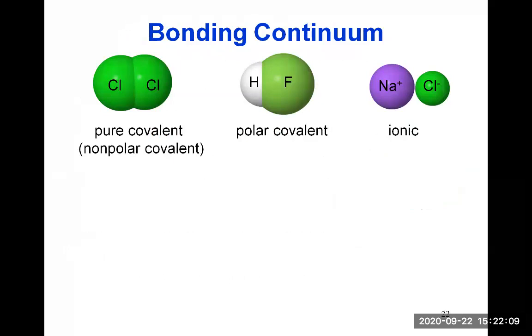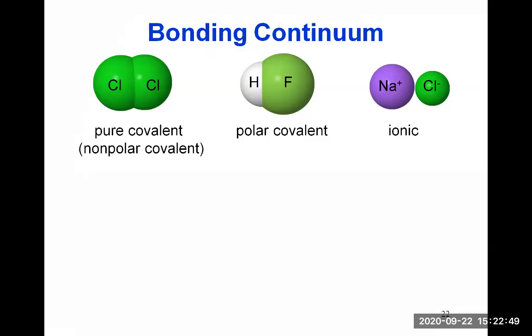So we've been through those different types of bond, but really you have to see this as a continuum. It's not hard boundaries between these different cases. You have cases where we have pure covalent bonds, and that's typically between atoms of the same kind. Then the sharing of electrons is equal between the two atoms, but also between carbon and hydrogen, or any elements that have the same electronegativity value.